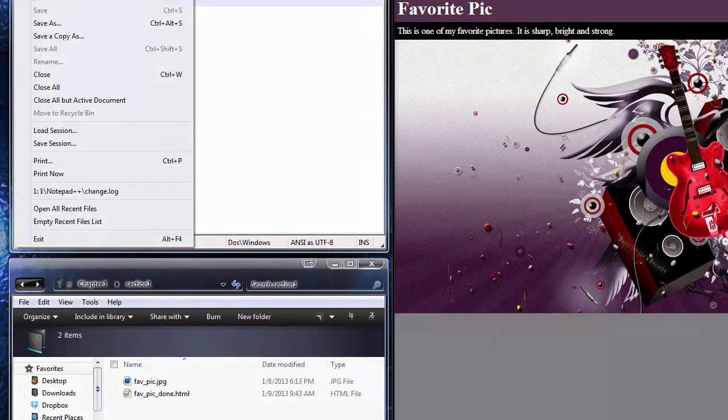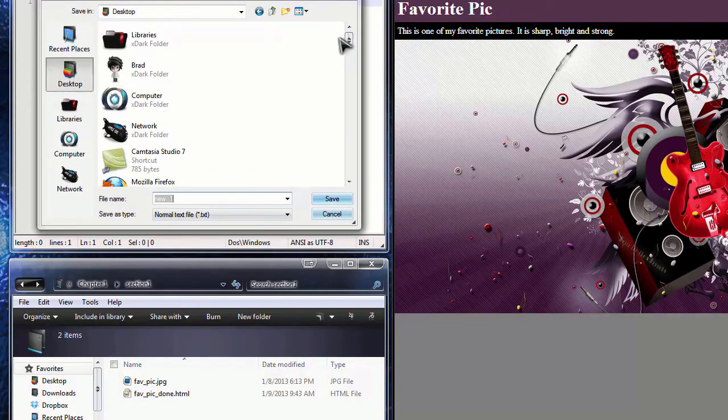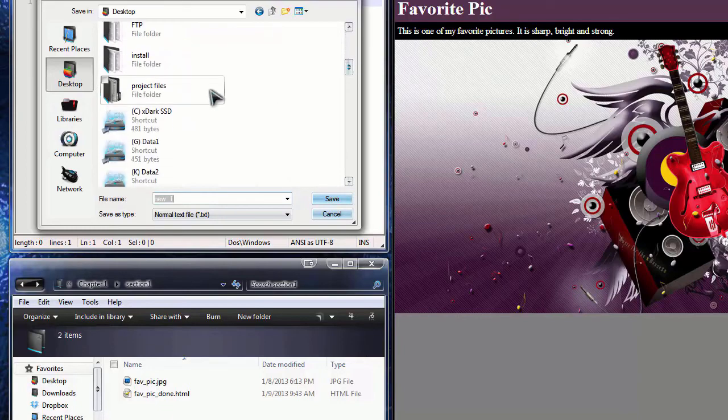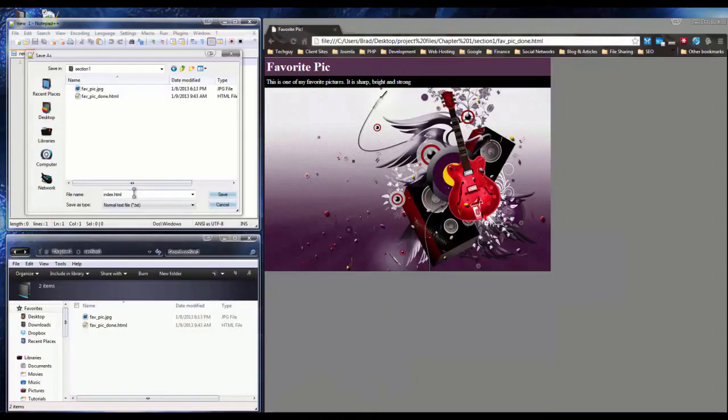Oops. Save as, and you should save the project before you even start. So I'm going to save it to the same folder, chapter 1, section 1, and we're going to name it index.html. The reason for naming it index.html is so that you don't have to actually type the file name in the browser. So if we had